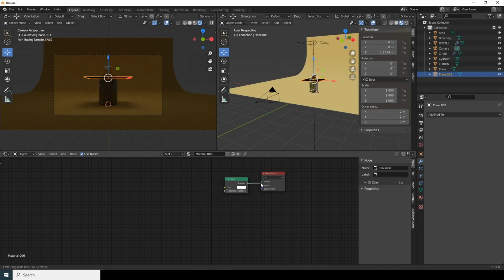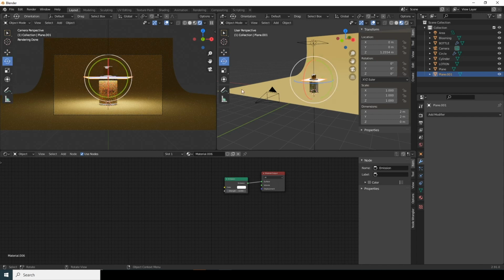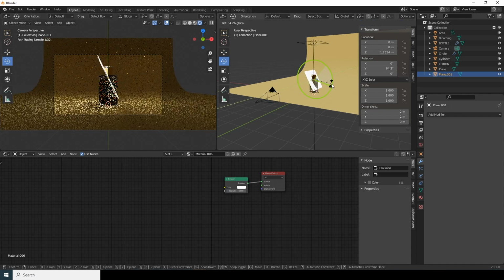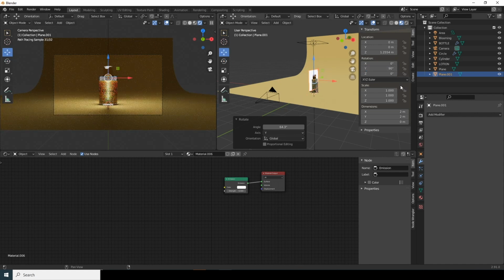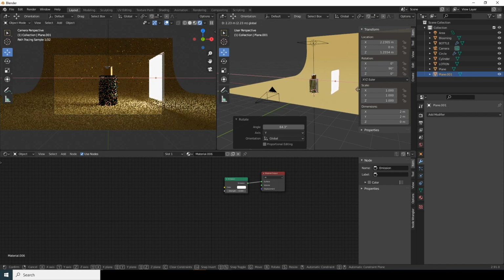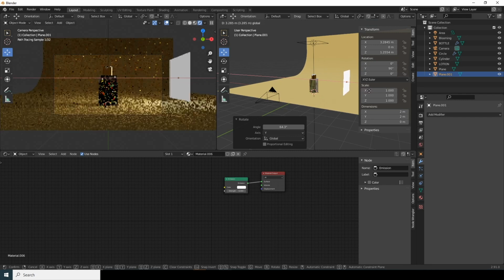So select this one, click on surface, and let's crank that strength to 6, and let's rotate this by 90 degrees, and let's move it right over here,